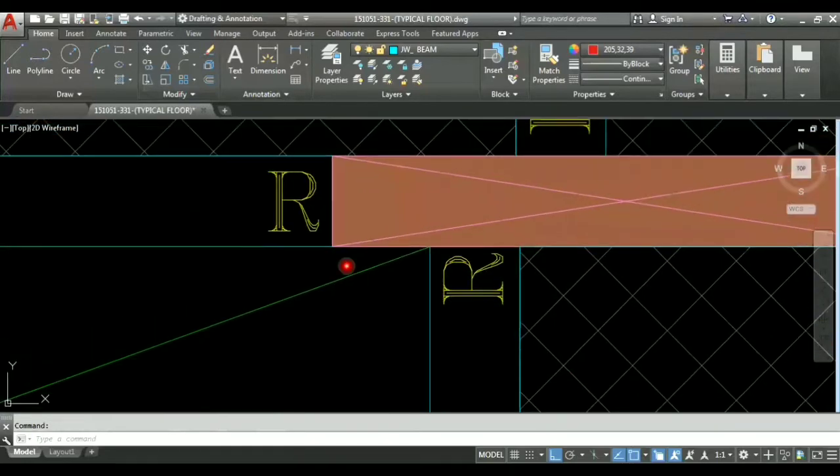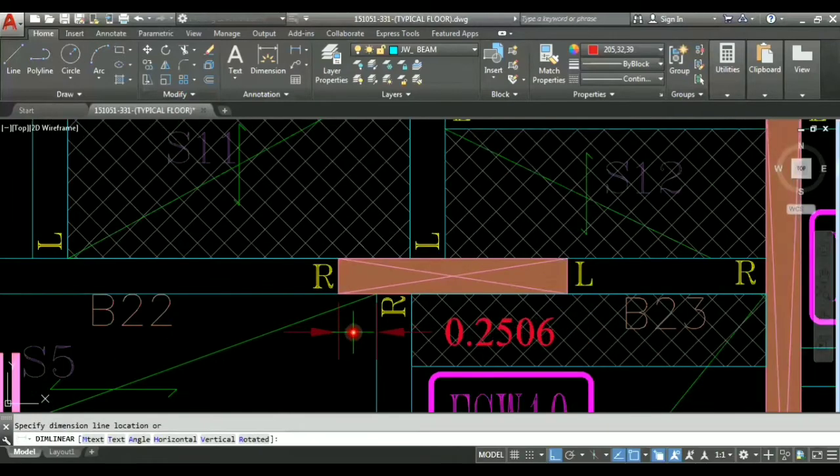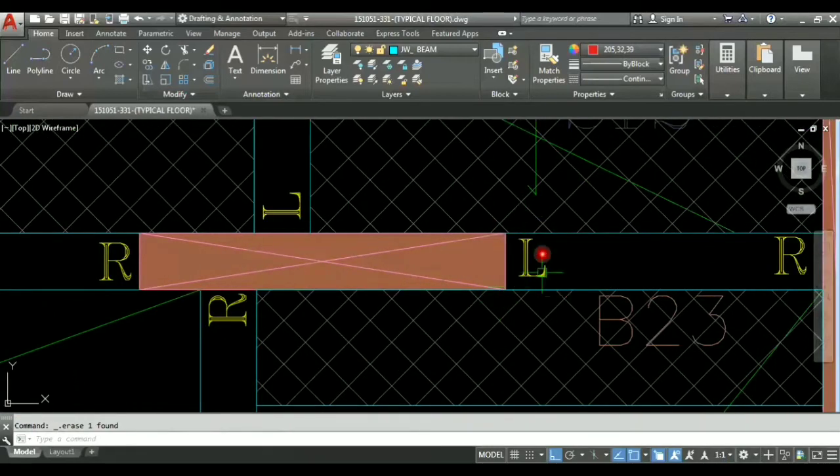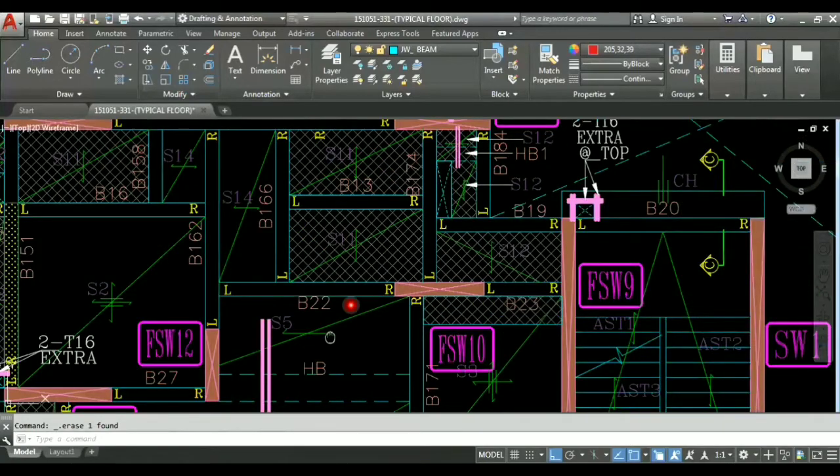For example, the distance here is 250 mm. So if the column is reduced by more than 250 mm, then we can't reduce this edge. We have to reduce this particular edge of the column.